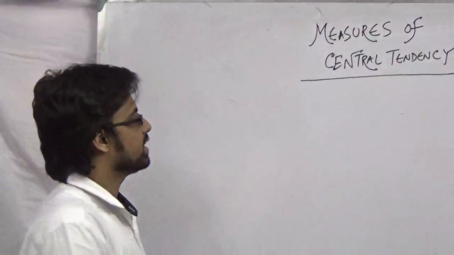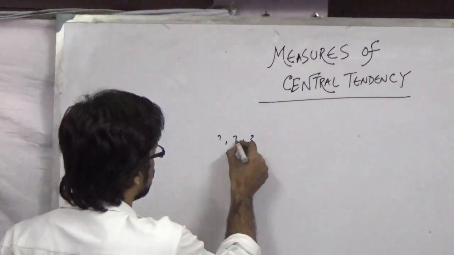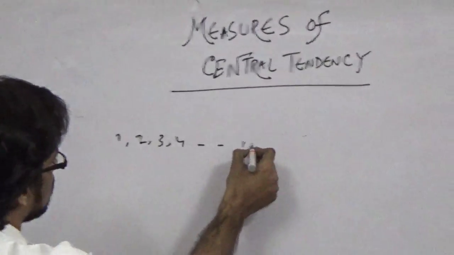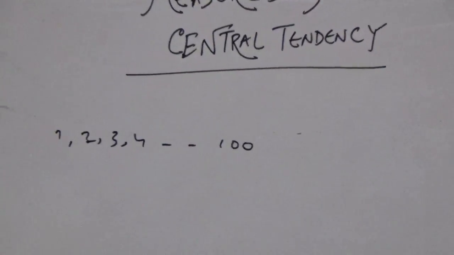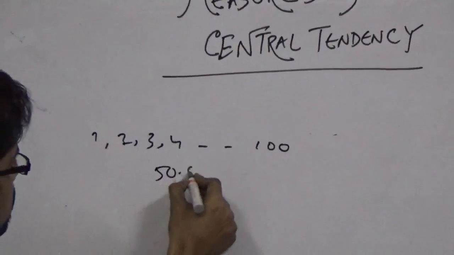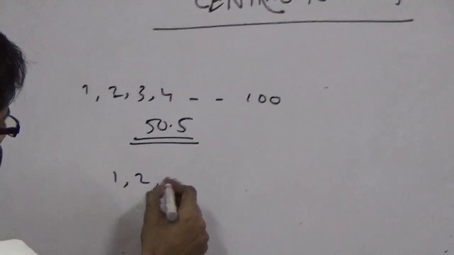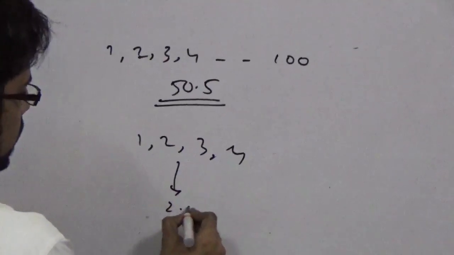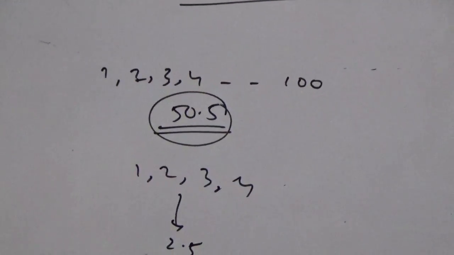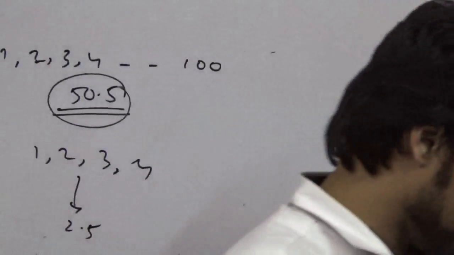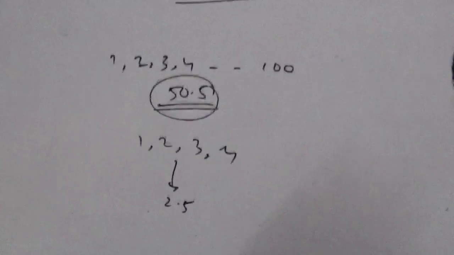So if the values are 1, 2, 3, 4, dot dot dot, 99, 100, what is the average? The average is 50.5, the middlemost value. How? Like 1, 2, 3, 4, the average is 2.5. In the same way, it is 50.5. So your target is to get an idea about any data just by going to the exact middlemost point of the data,